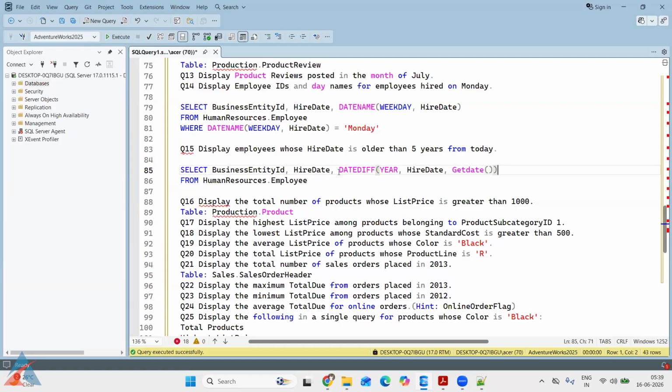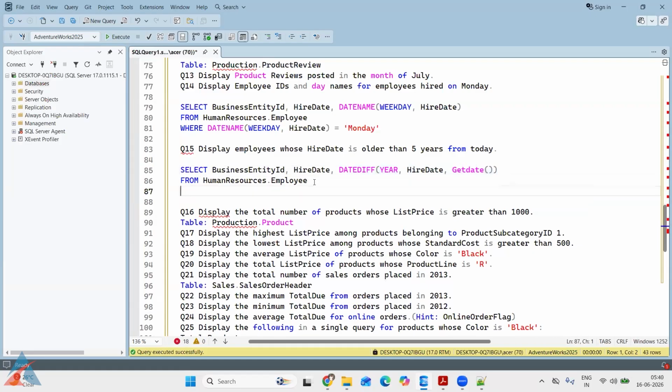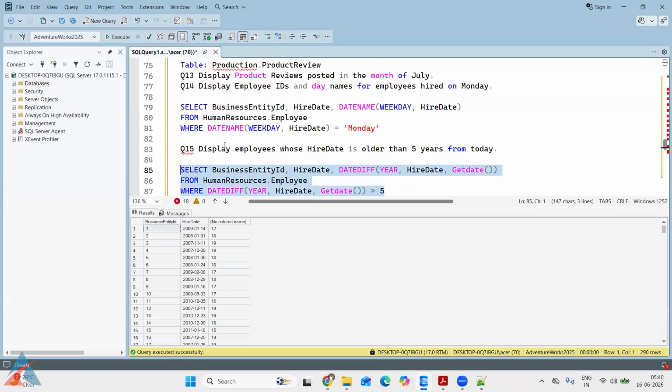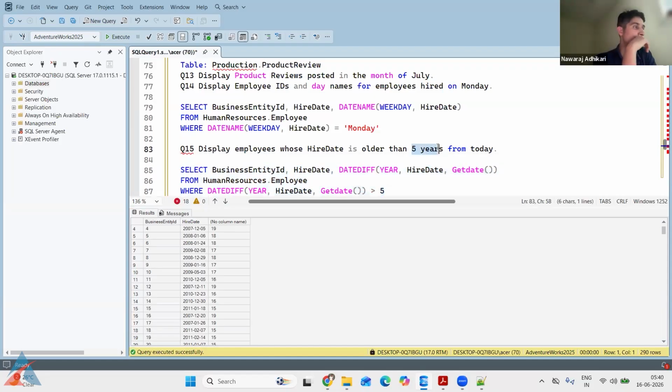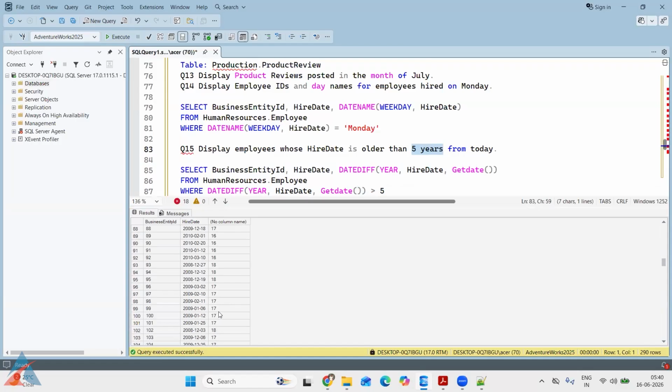So if you use this one, what will happen? Where this is greater than 5. Okay. So if you use this one, it will show you all the employees whose experience is more than 5 years. But this is not the experience they have asked. What they have asked is whose hire date is older than 5 years from today. So if there are employees who have been hired in the recent 2, 3, 4 years, that should not be listed out here,